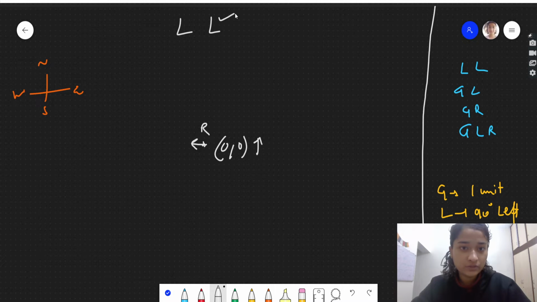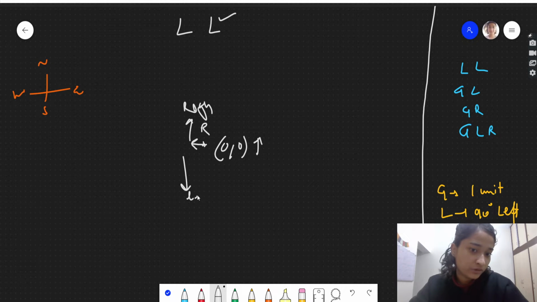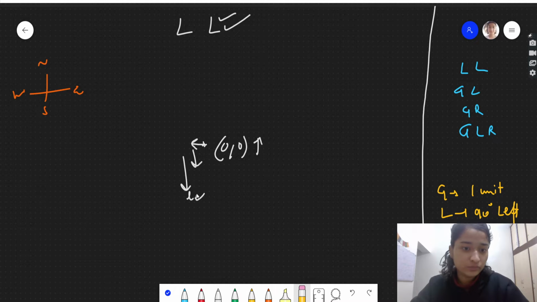Again it has to turn 90 degrees left, so now the robot will be facing this direction. In this also the robot didn't actually move. It's again at the same position. So it was in a circle. Hence we will return true.